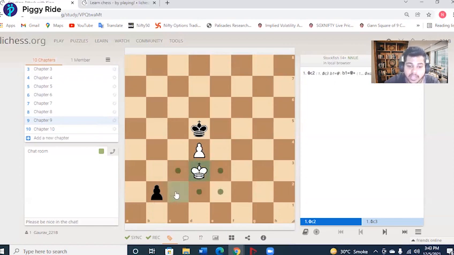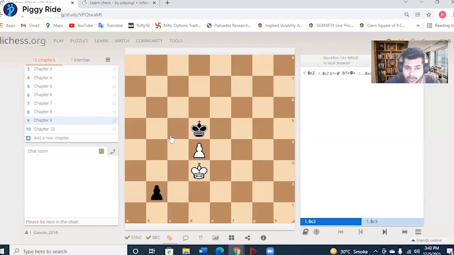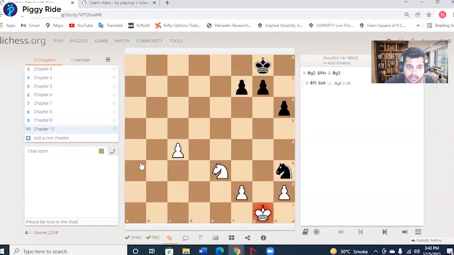So you play king to c2. And this tries to become a queen, but as soon as it becomes a queen, it's your turn to play. So you just capture the pawn. And that is all. This was a close call. Never let the enemy pawn cross over and become something. You will be in a very bad situation when that happens.